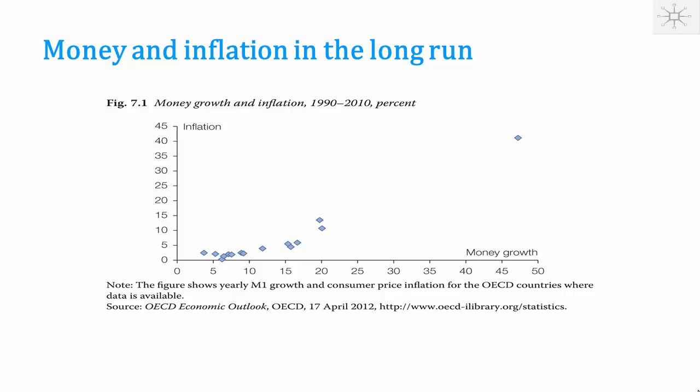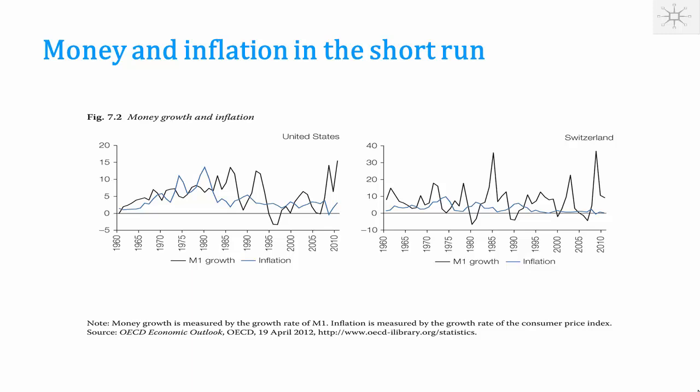Well, one thing is that those countries may have different real growth rates of GDP, but also that velocity is actually not constant. It actually varies quite a lot, and there are some figures in the book showing that. So to take as a stylized fact that velocity is constant is not a very good idea. And especially if we look at the short run, it's a very bad idea.